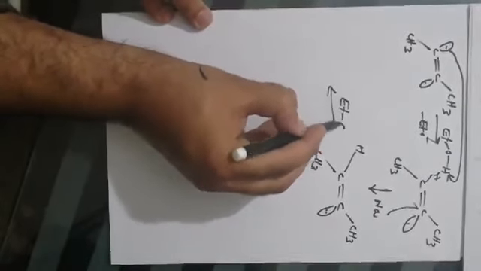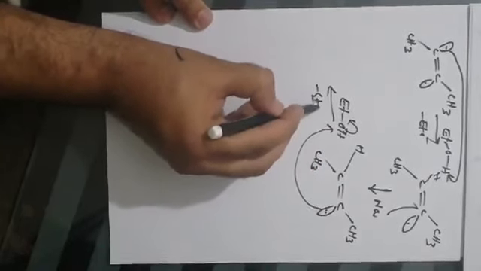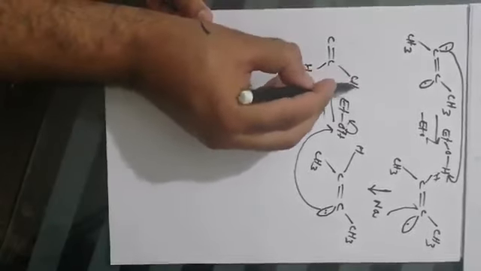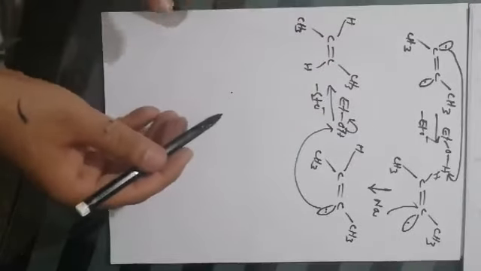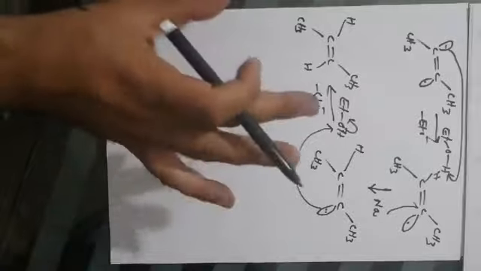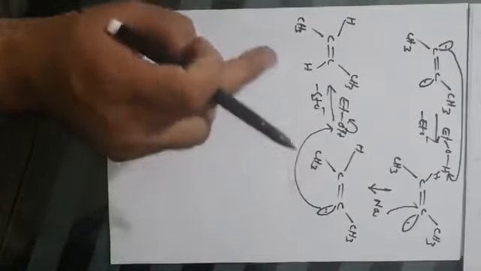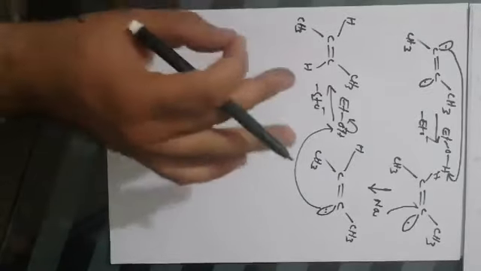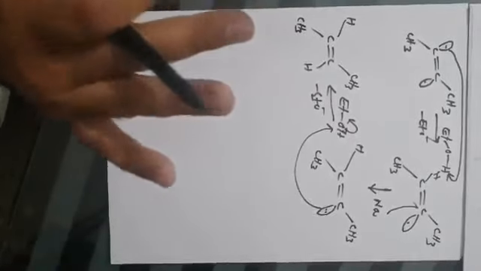Next step, it will abstract the hydrogen, ethoxide will leave and you will get trans alkene. So you will have to remember that when there is an internal alkyne, then you will always get a trans alkene. Why? I have explained the reason, that the intermediate that is obtained after single electron transfer, the intermediate